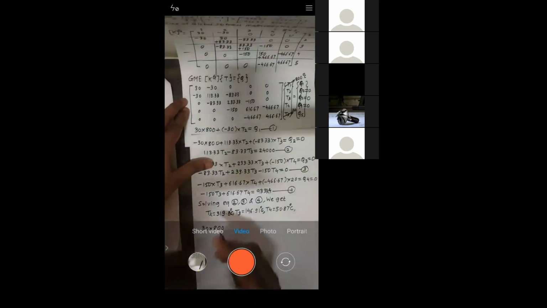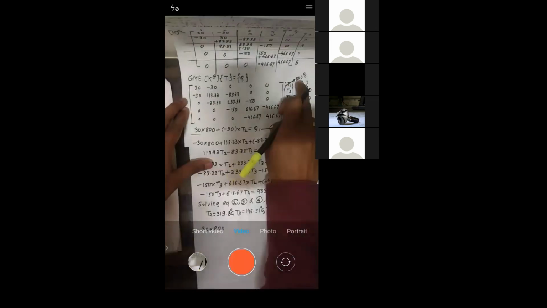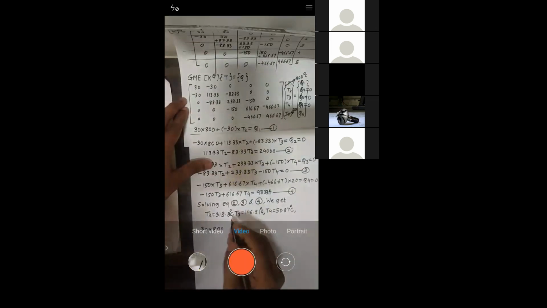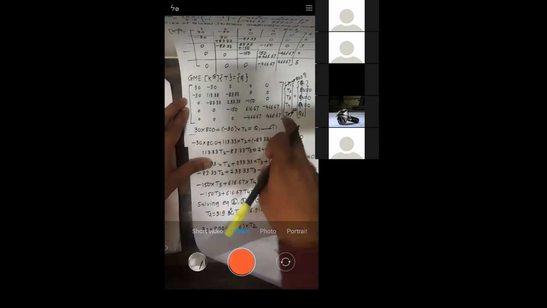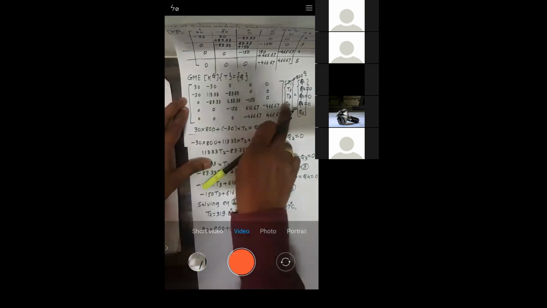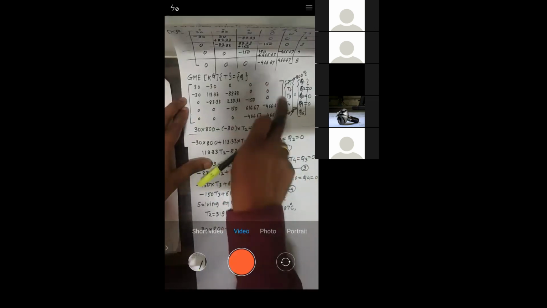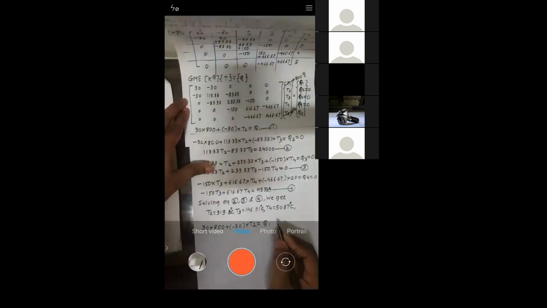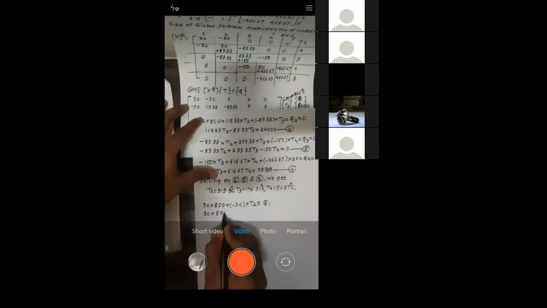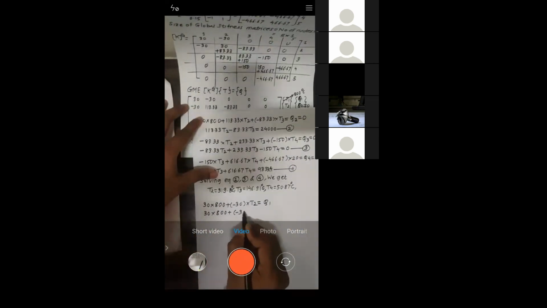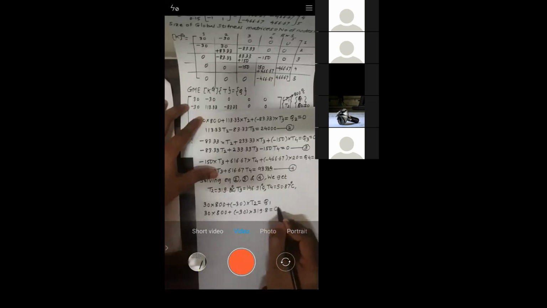Thirty into 800, then minus 30 into T2 plus minus 30 into T2, right? Minus 30 into T2. This into this is 0 again. This 0 into T4 is 0. 0 into T5 is 0, is equal to Q1. Okay. So put the value 30 into 800 plus minus 30 into T2, that is 319.8, is equal to Q1. So tell me the value of Q1, what you are getting.